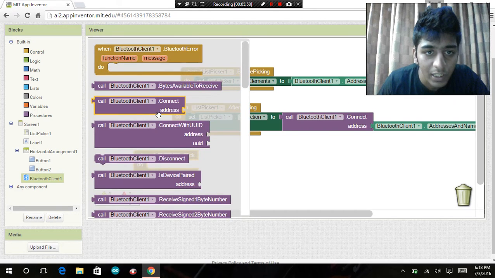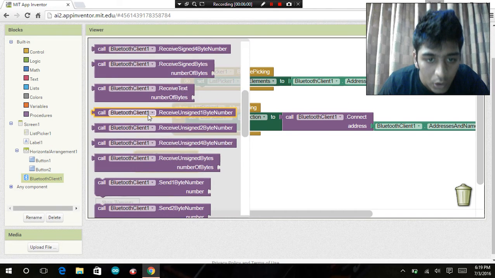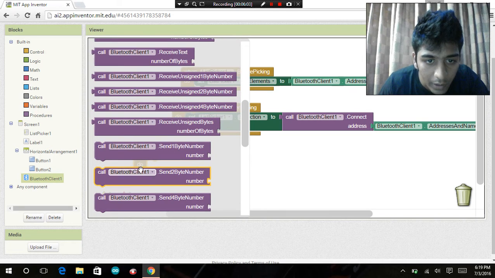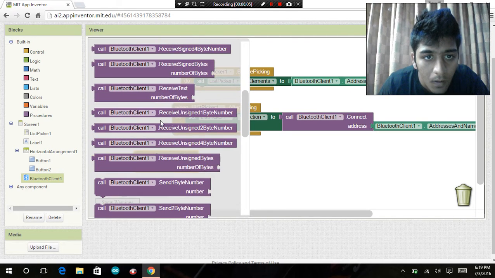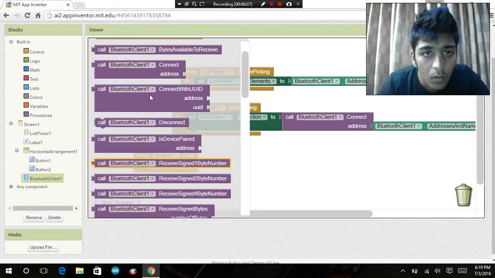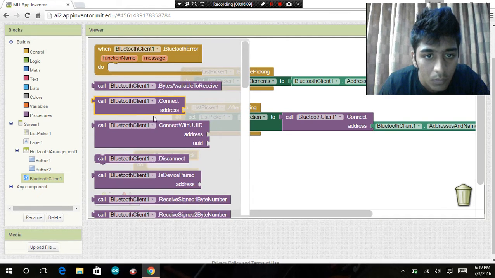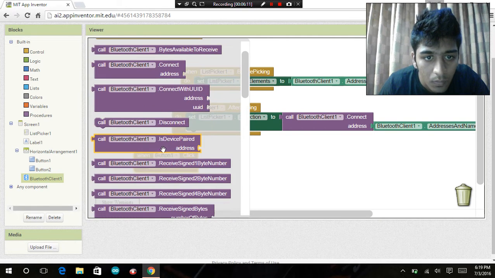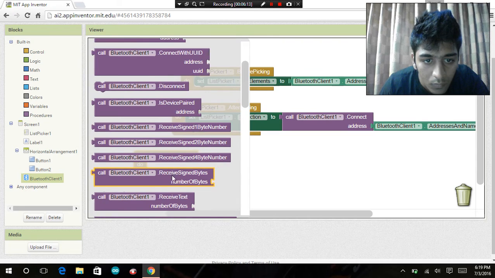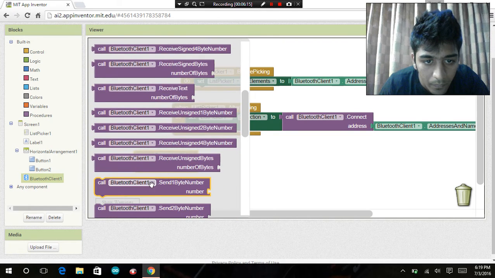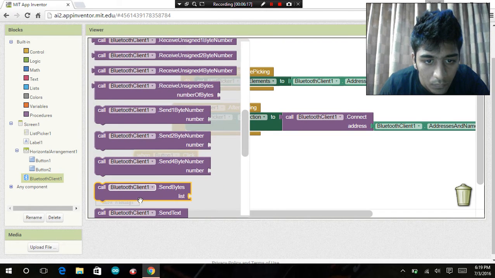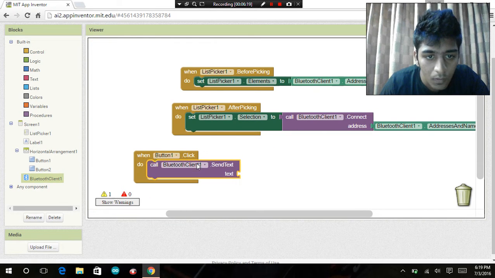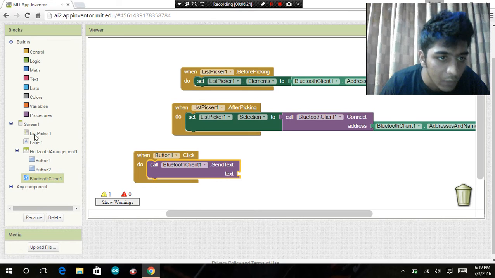So I want to send a text basically to the microcontroller, right? So I have to search for send text, right here. Now what I want to send is, I will go to text again.